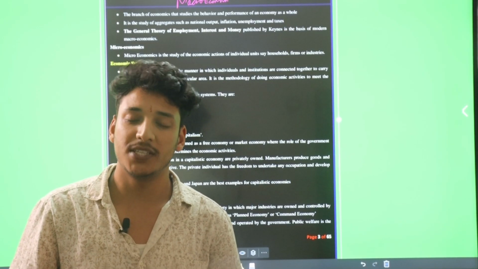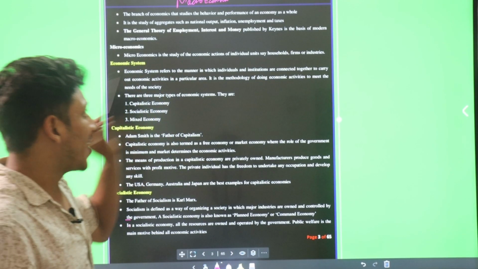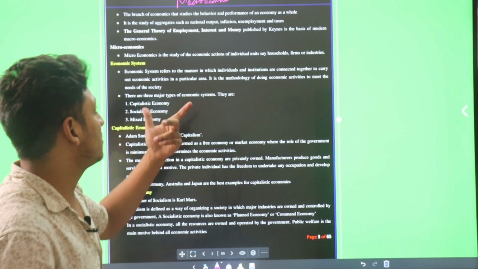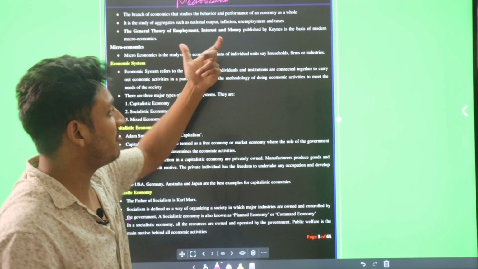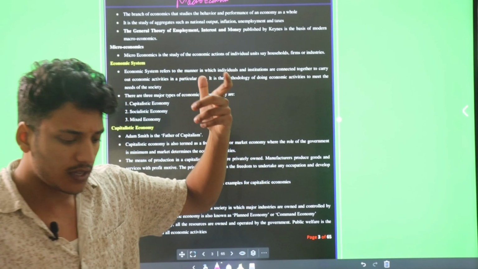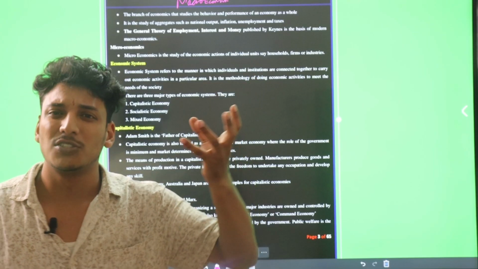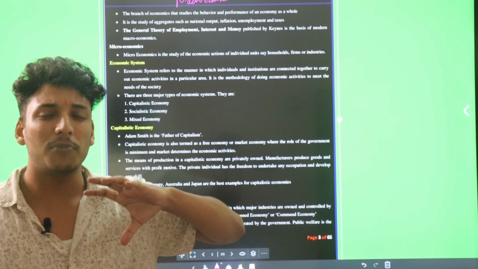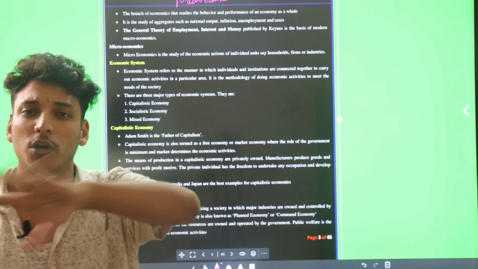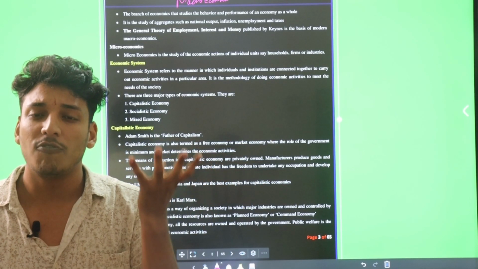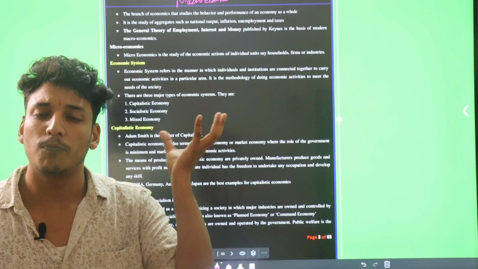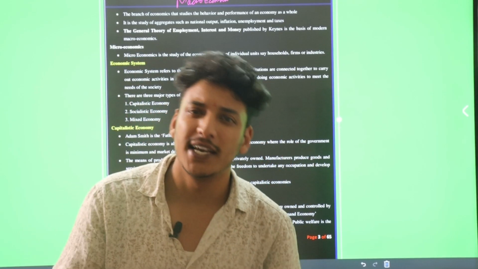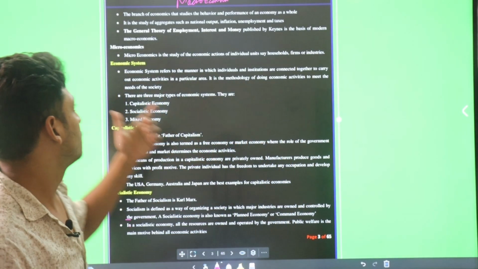मैक्रो इकोनॉमी में हम अपने पूरे होल कंट्री का एक वैल्यू को मेज़र करते हैं बेसिकली। जैसे एनडीपी हो गया, जीडीपी हो गया, इन्फ्लेशन हो गया, ये सब इसके अंडर आते हैं। ओके, सो